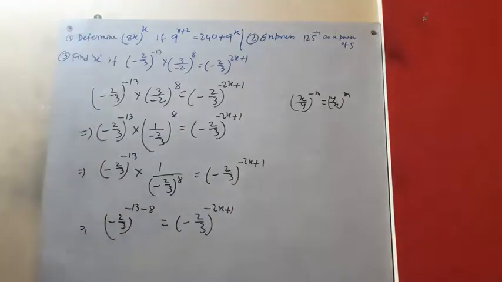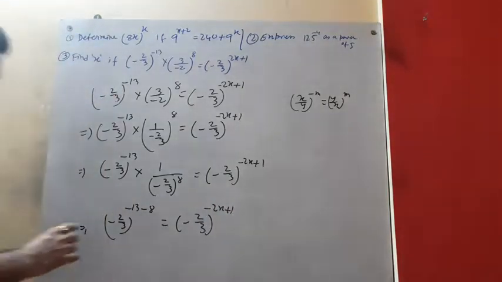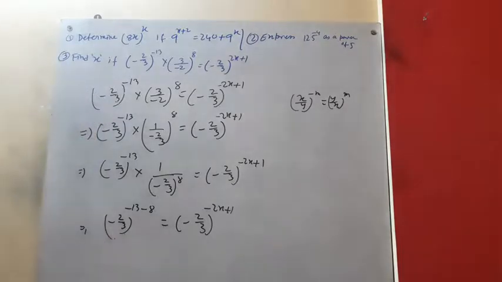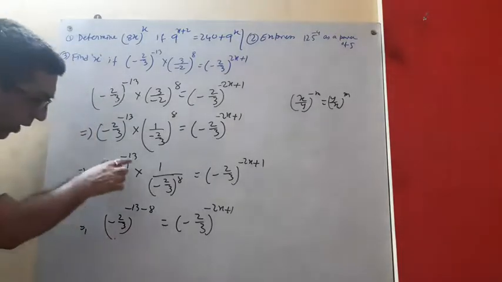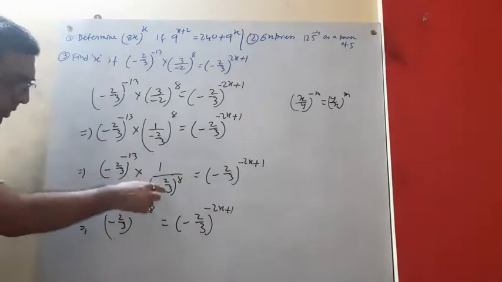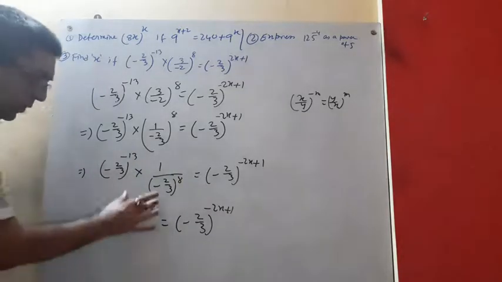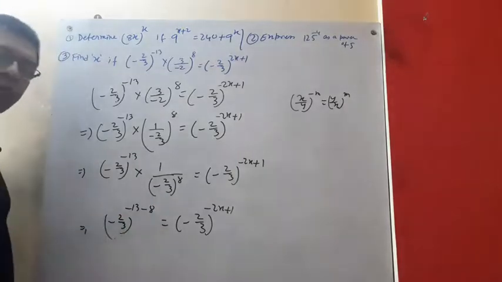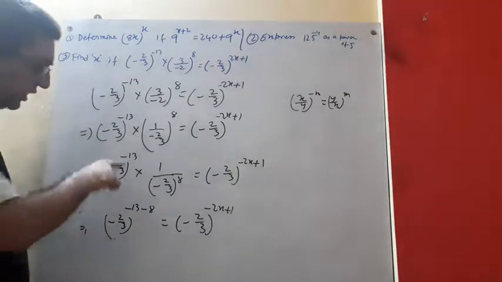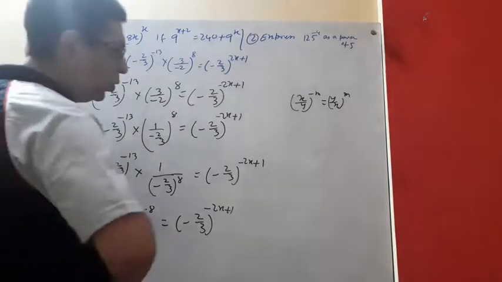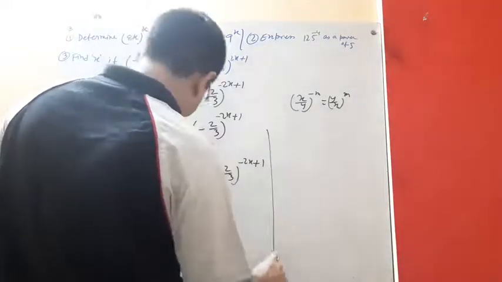Okay. Students, one thing you see, now both the bases are equal. Whatever we have done, both the bases are equal. Because this is a division. In case of division, we know that there will be a subtraction in the power. So I am doing here. So we can write